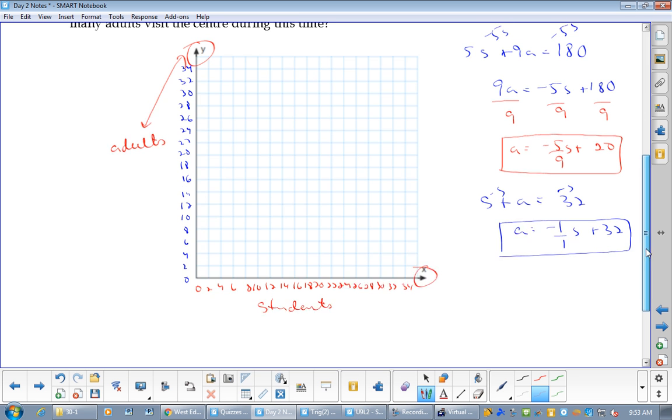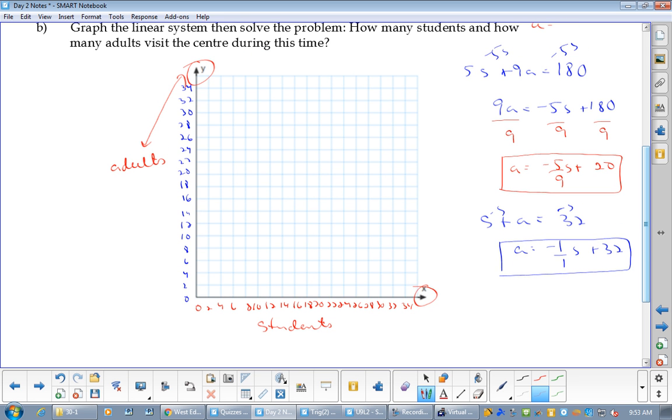Okay, so graphing the red one, I'm going to start at 20. And I am going to go where to find my next point? I'm doing the red graph, right? Down 5. Now that's not easy because I got to get halfway through, right? So I'm going to get at 15 here, right? Don't go to 14 because I'm counting by 2's. And then I'm going to go right 9, 2, 4, 6, 8,